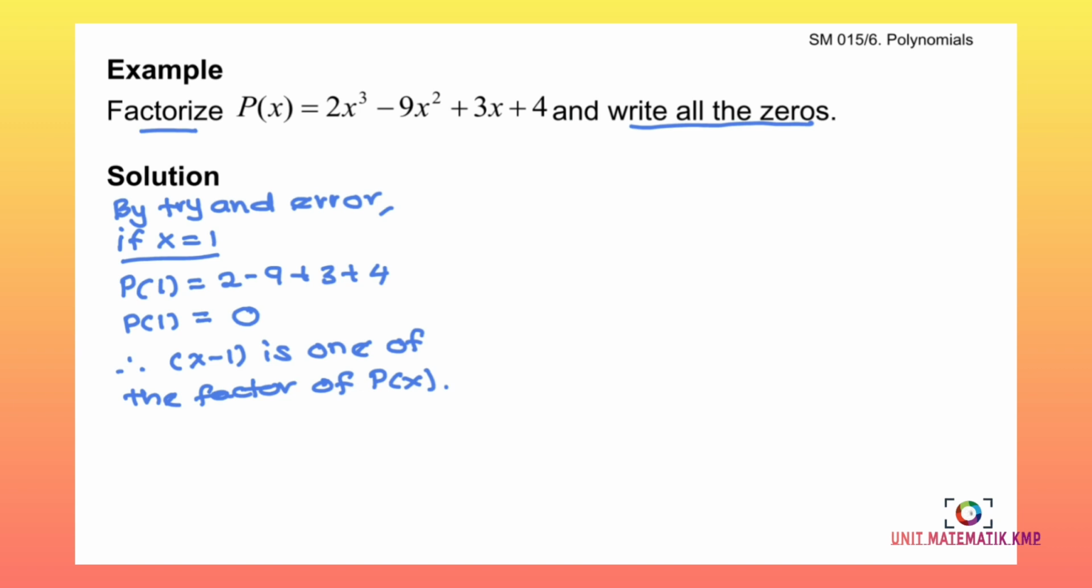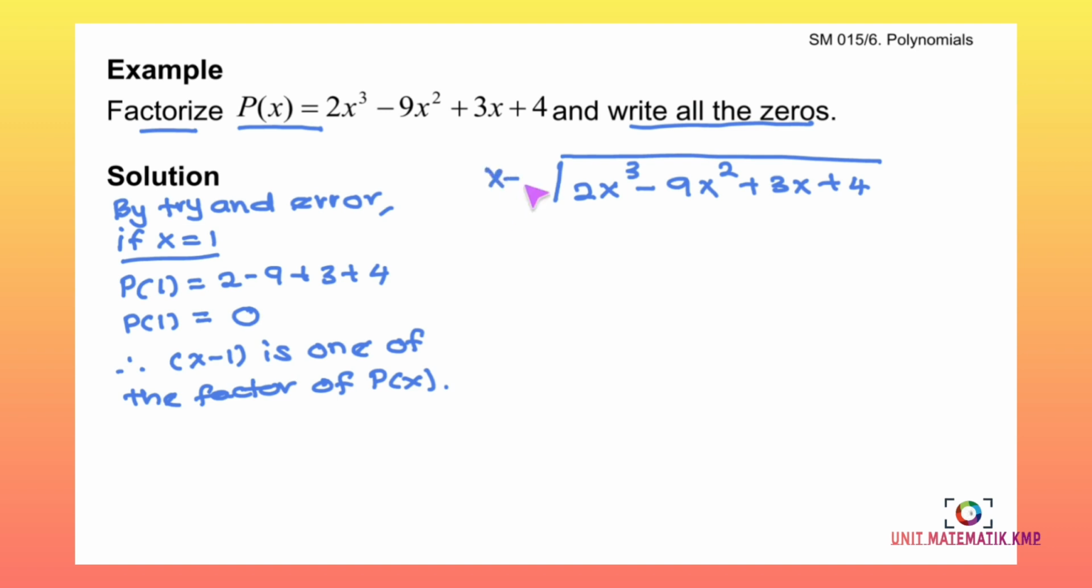To factorize completely, next we need to proceed with long division. All we need to do is divide the given polynomial by the factor that we already know just now. So proceed with long division. So we have here 2x power 3 minus 9x squared plus 3x plus 4, divided by